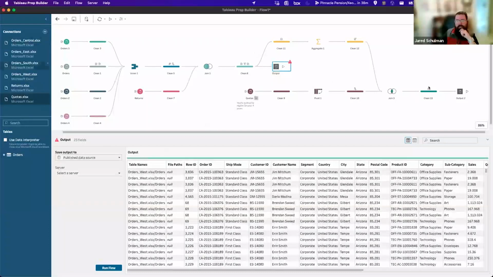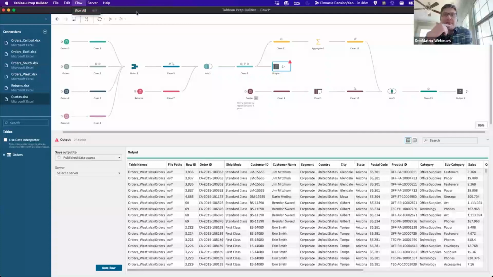Yeah, or you'd say run flow. You'd either click this play button or this one, so there's a handful of different places where you could do that. You could run all from here. But data management would take out that step, Bridget. So you'd publish it, and then if you had data management, Tableau would just effectively create a job to run it.